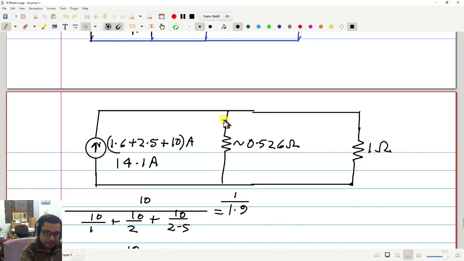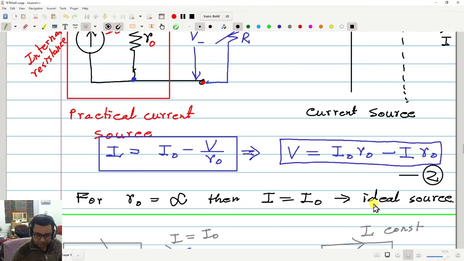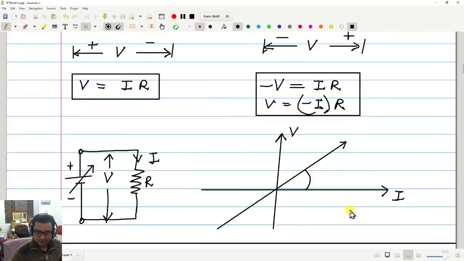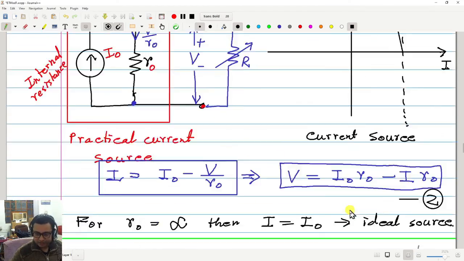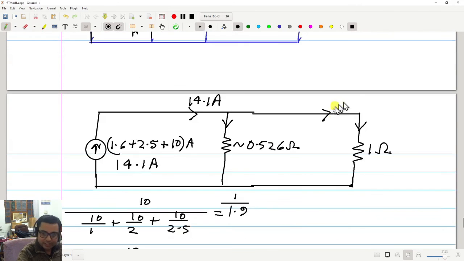Now this current is flowing through these two branches. This current is 14.1 ampere, and part of it goes here, part of it goes here. How much comes here? This problem is very similar to the first problem we solved today. So you can solve it. There is also a direct way of doing it. I hope you know current divider. So this current will be